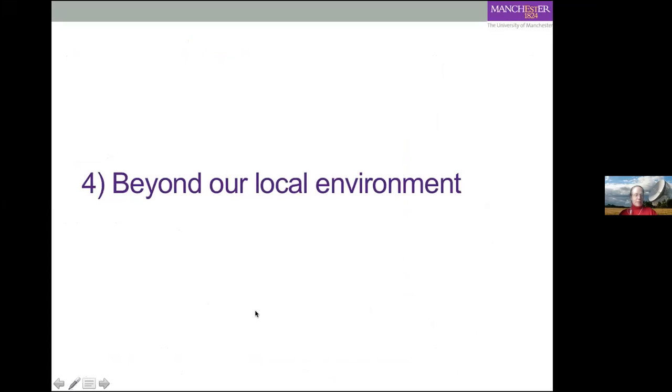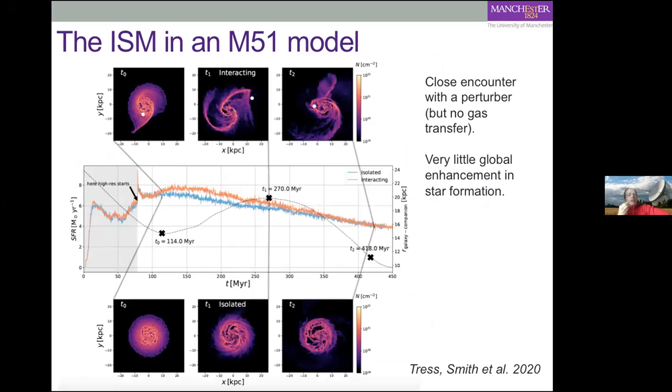Okay, so in the first part of the talk, I concentrated on the local environment, looking at the Milky Way. But just to come to a finish, I thought it might be interesting to extend beyond the Milky Way and look at star formation in other galactic environments. One of the things I showed you earliest in the introduction was M51, which is this very nice grand design spiral galaxy. And with a student I work with, who's actually just passed his PhD, Robin Tress,